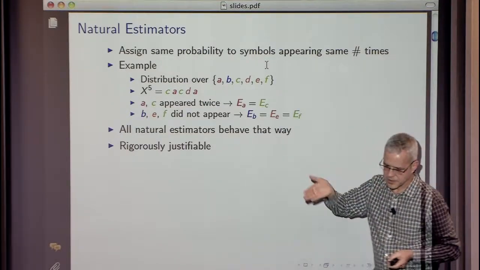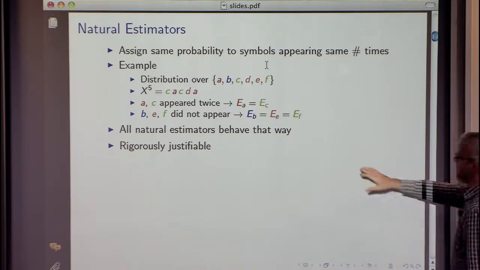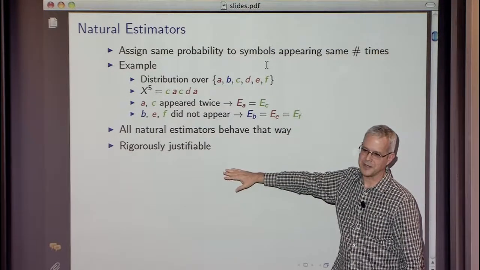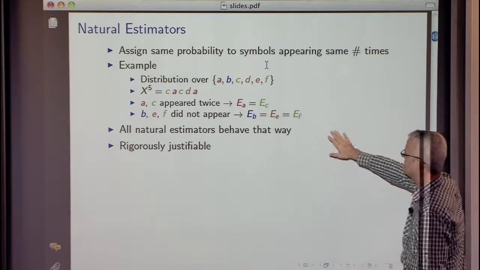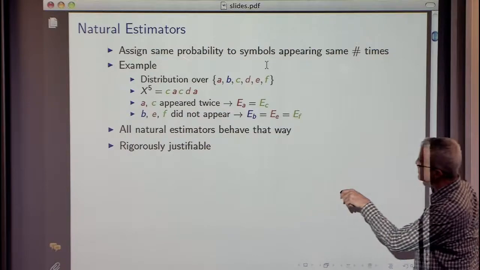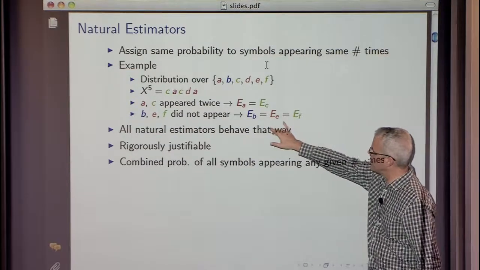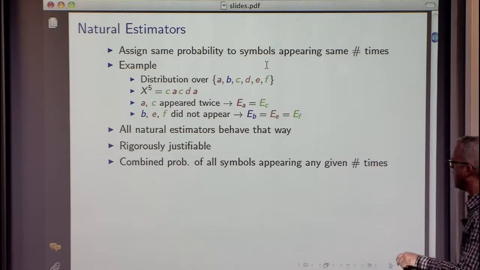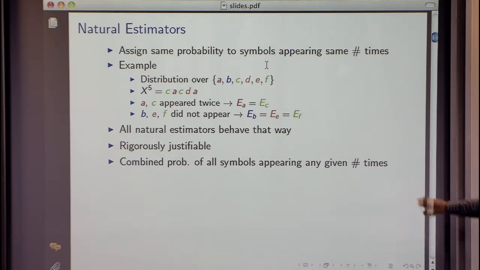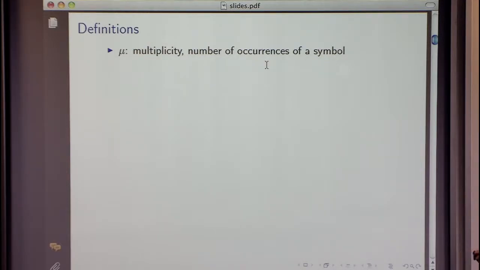So we talked last time about insane measures and sane measures. So if you do anything else, then I would say you're back to being insane. So any estimator will have this property that it assigns the same probability to all symbols that appear the same number of times. Okay, so if that's the case, then we may as well combine the probabilities of things that appear the same number of times. So we look at the combined probability of all symbols that appear any given number of times. So to be a little more precise,